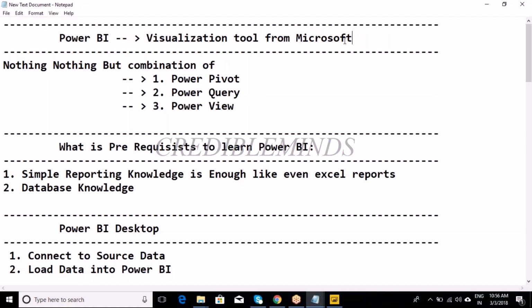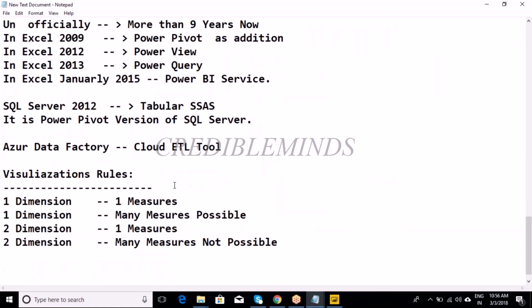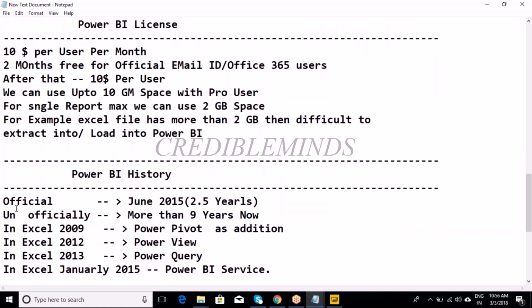Okay, but if you ask me when Power BI came into the market, anybody? When was Power BI officially launched into the market? So if I scroll down, it was officially launched in June 2015, which means not even 3 years, 2.5 years.